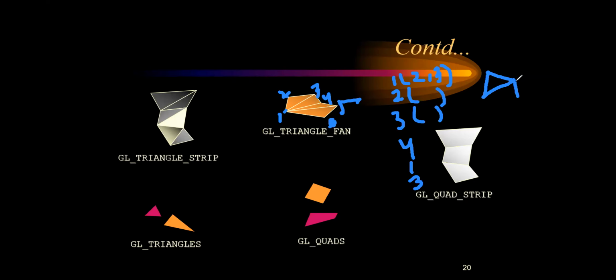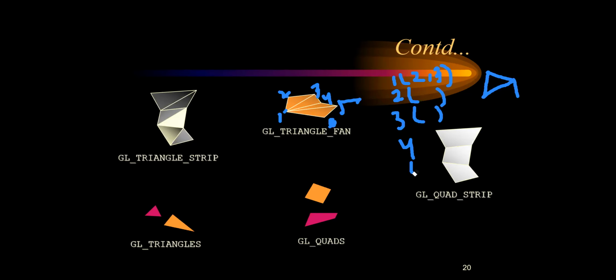Okay, so in this way you have to understand where to give and what to give. Then suppose again from 3 to 4 I have already given. So first you have to give the points serially, then you have to join all these points. Okay, we will see all these things individually.